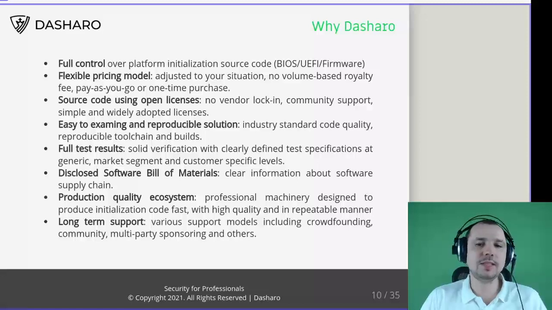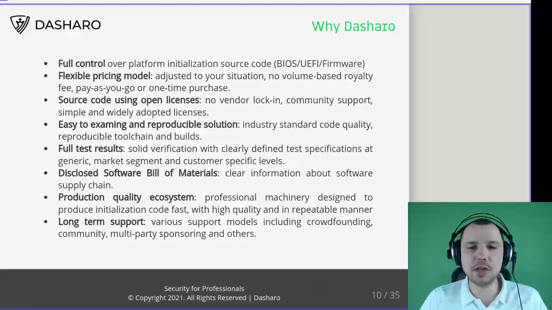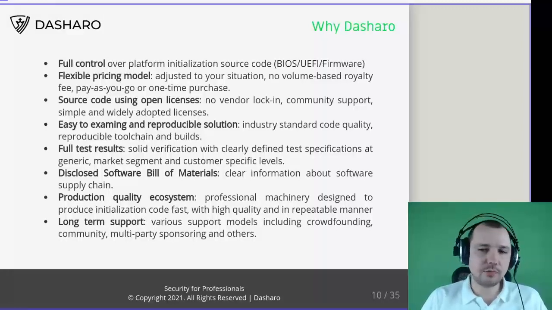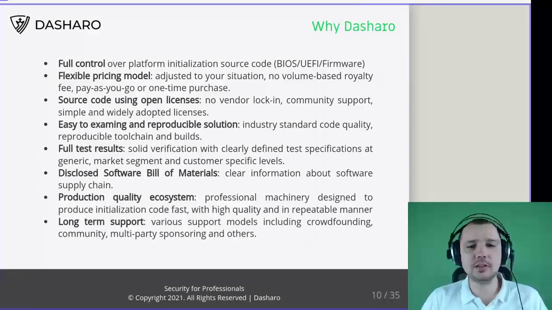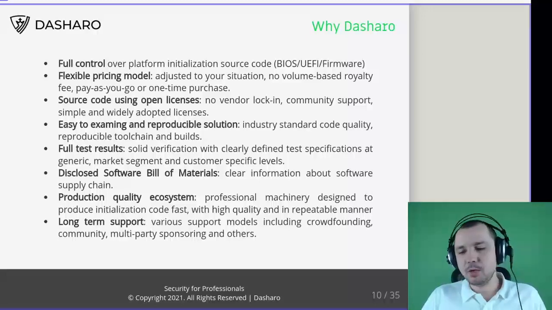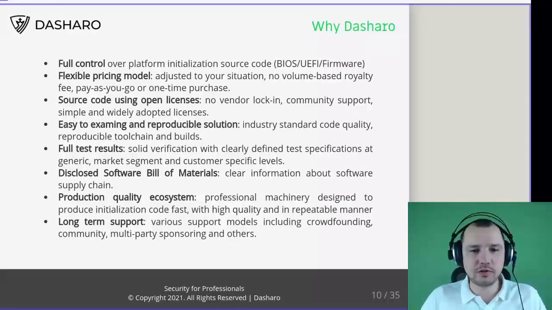So for example, we can run a crowdfunding campaign even if the vendor is not interested in new firmware releases. Let's say the community comes to us saying this is a big problem with that platform, we need that fix, and then we can run a crowdfunding campaign and sponsor this given fix, and publish that, release the binaries. We can do multi-party sponsoring. So let's say on a given new platform, Intel Tiger Lake, we have a bunch of builds, and then we can simply share the support across the vendors that use that build, that use that Dasharo version.